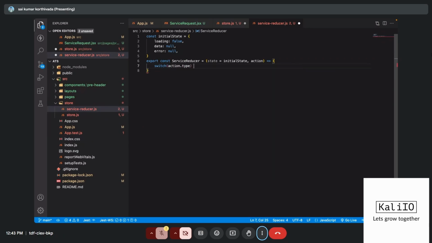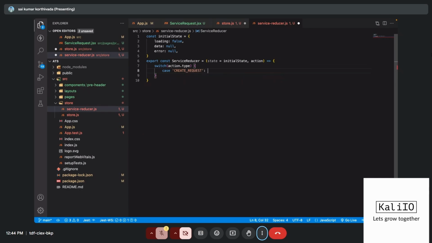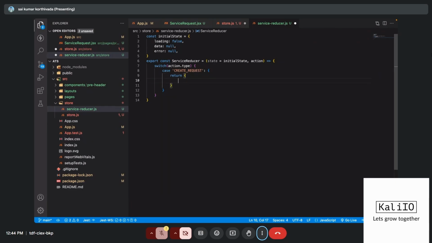Action.type. So what are the actions we can expect? In general, we can expect a loading action. That means I want to create the request. So create request, you can give any name again here, case, and this should be doing some operations where it has to return some data. Let me use something like